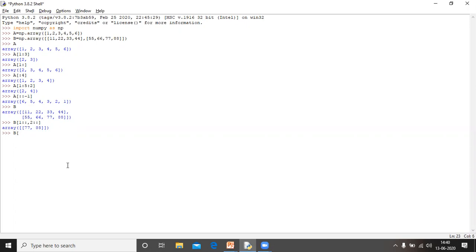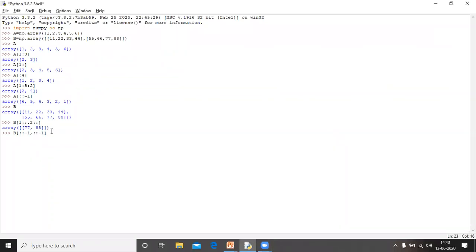Okay. Now if I write B[::-1, ::-1], again, the first represents the row and the second the column. Minus 1 is the step, starting and ending are not given, it means reverse order, rows will be reversed, and again the same operation on column, it will also reverse, it means the array will be reversed.